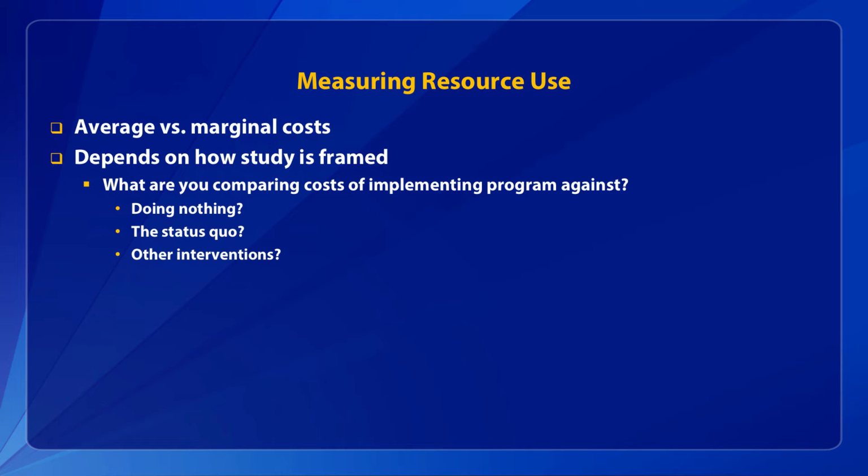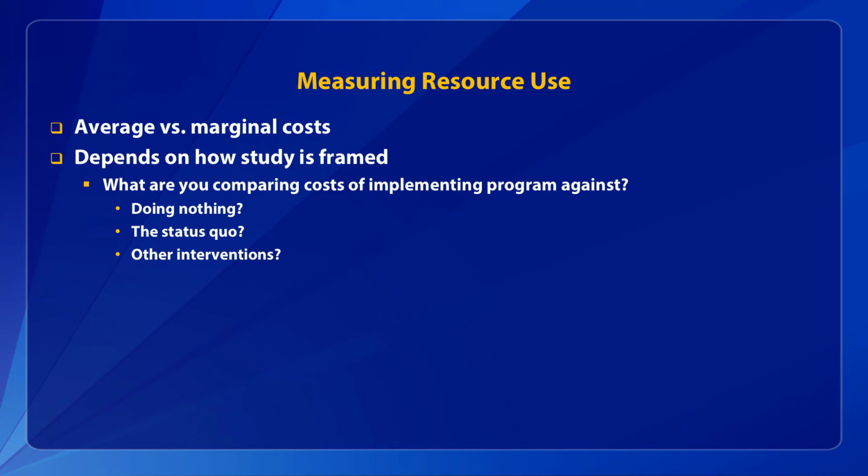Or if you're considering only one program, marginal costs could be defined as the additional resources required to provide the intervention or program to one additional participant. For example, if you're interested in knowing how much a lifestyle intervention costs as an add-on to an existing program or to the status quo, then you might want to only look at the marginal set of resources required to